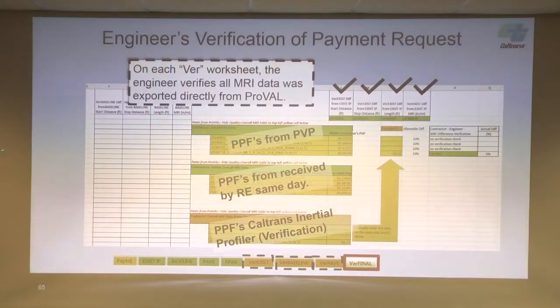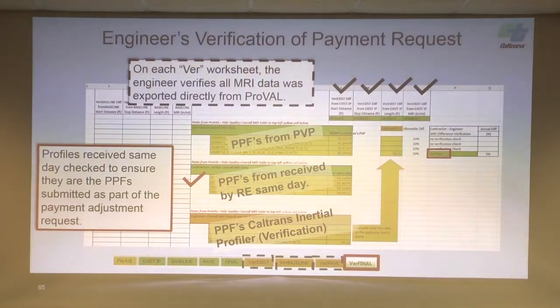If there's any differences in their data versus our data, we're going to see what the differences are. These will go red with some values in them. If they all match, it'll be all green here. That means the contractor didn't change any of their data. On the final worksheet, you'll have this same table on every one of these on the existing baseline and paved. So that's the check to make sure they didn't change their data.